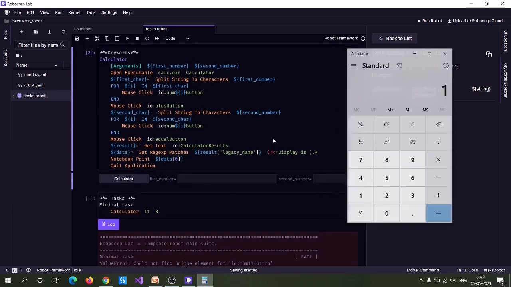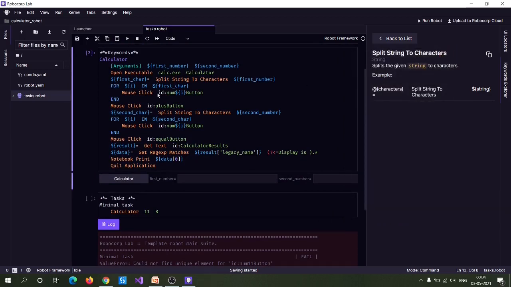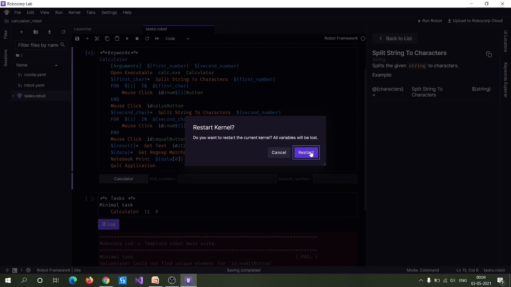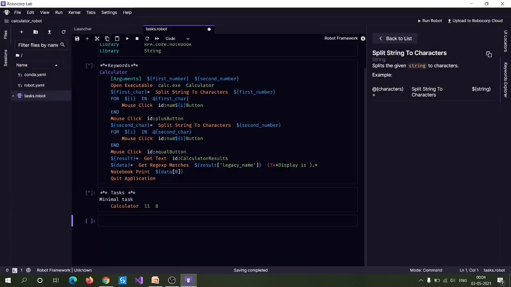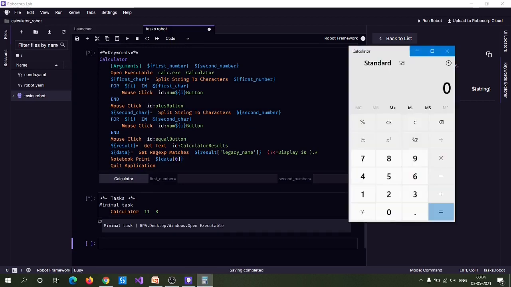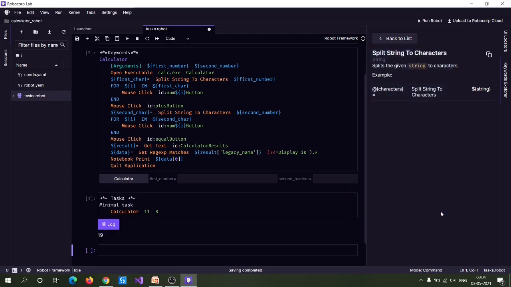Let me close this and run it again. You can see it is opening. You can see it is clicking 11 and 8, 19. Yes, it was successful. Cool.